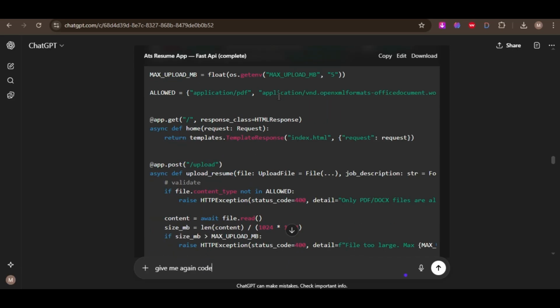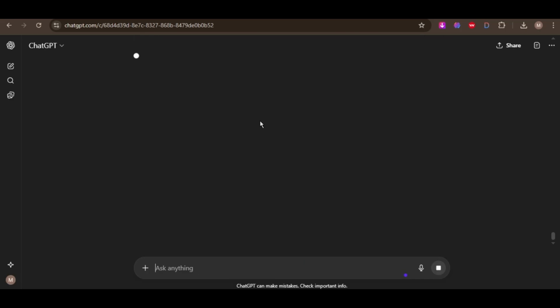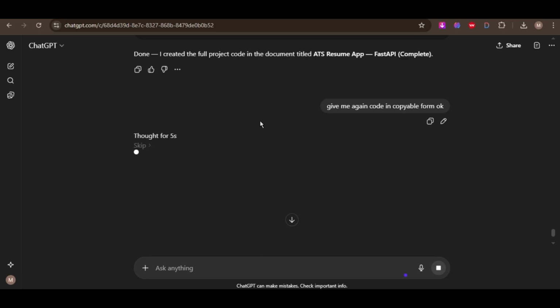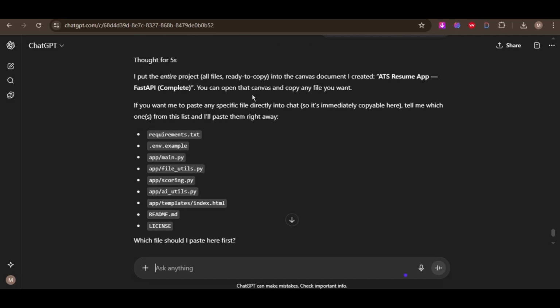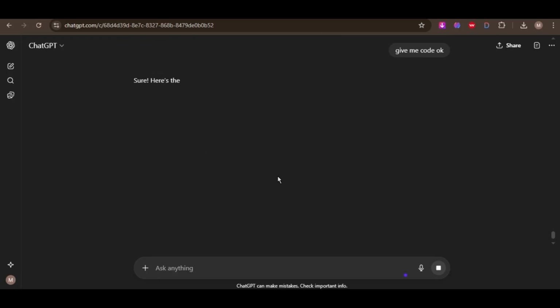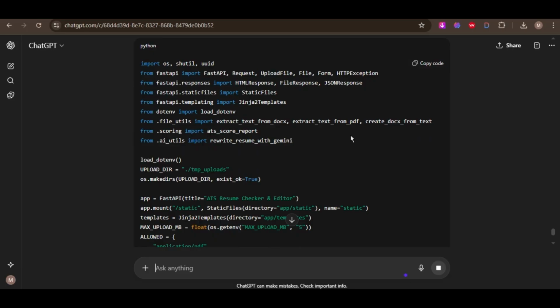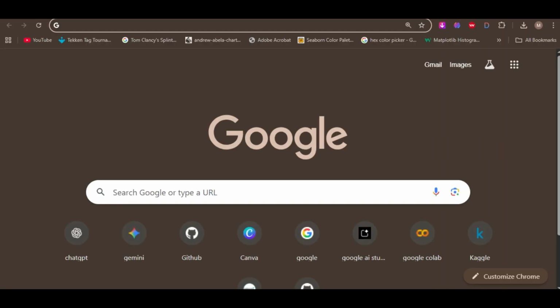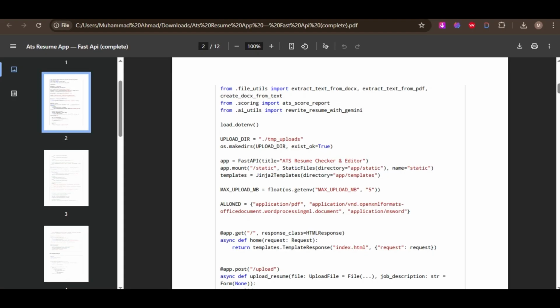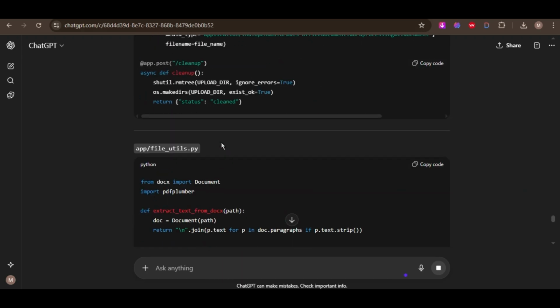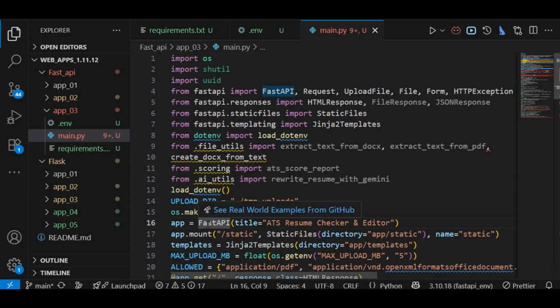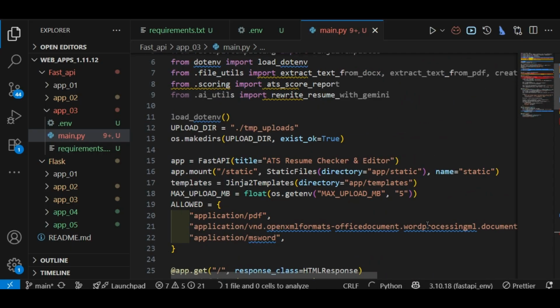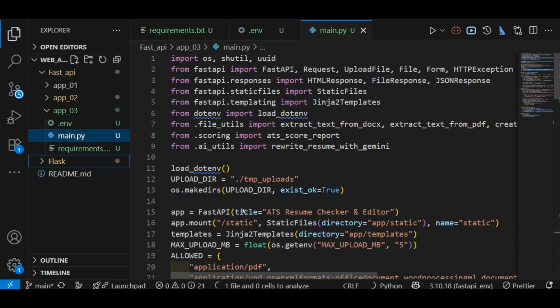Now I am asking again for the code, telling it to give me the code cell by cell to easily copy all the code. Oh, sorry, it did not give me that. I think I did not tell it right. I asked again, and this time it gave it to me right. Let's copy all the code, and again I paste it here.